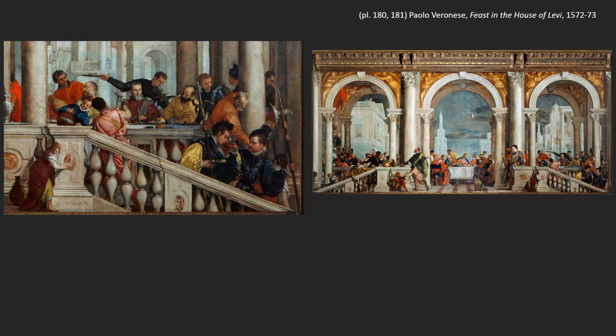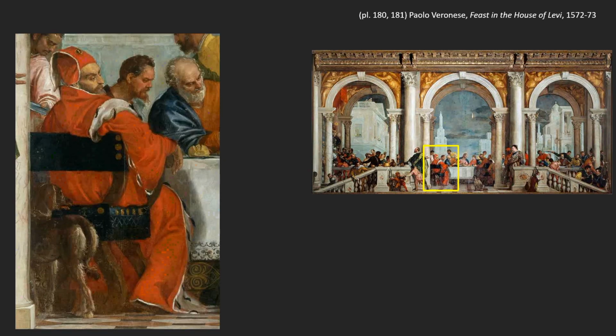Other side as well, and again, just chock full of these incredible narrative details. They love, again, these sort of noble postures and gestures. And as much as figures like this fellow here might lean in and out, the overall effect is one of this frieze of figures across the...